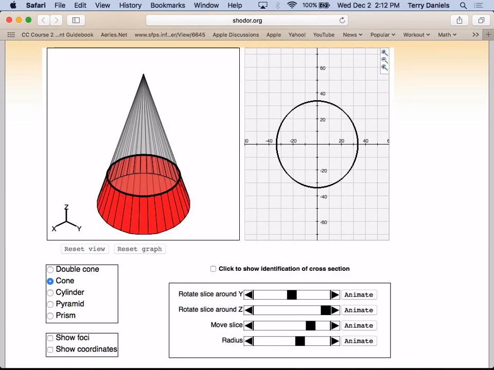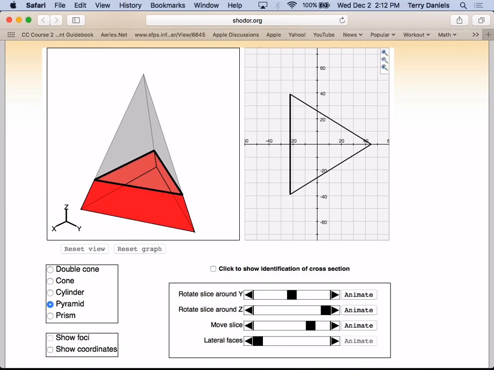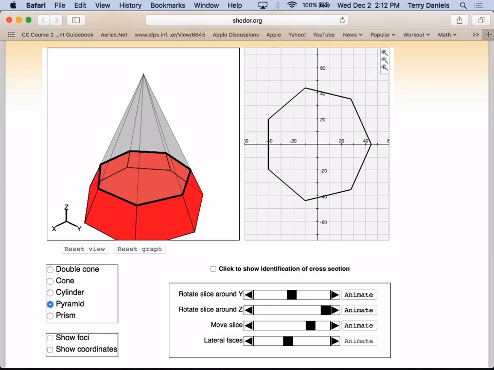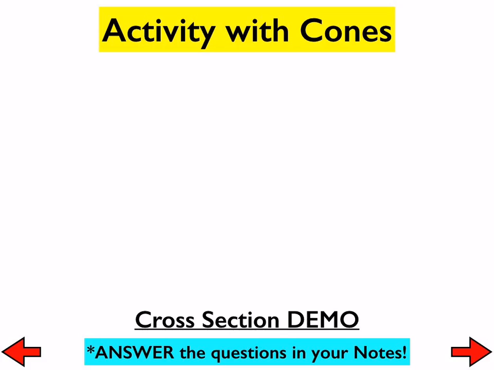You'll select pyramid, but by default, notice that the base is not a triangle, it's a pentagon. So down here on the slider, you can change the base to a different number of lateral faces. So right here we have a triangular pyramid. If you were asked to do something like that, then you could change it. Okay, so what I want to do is I want to go through and show you some of the probably